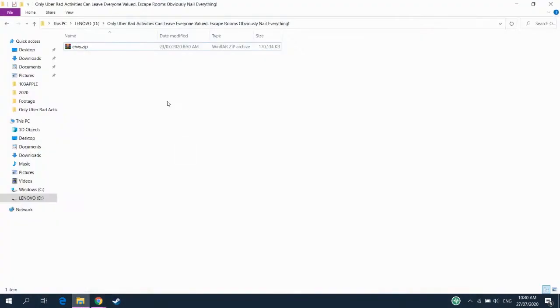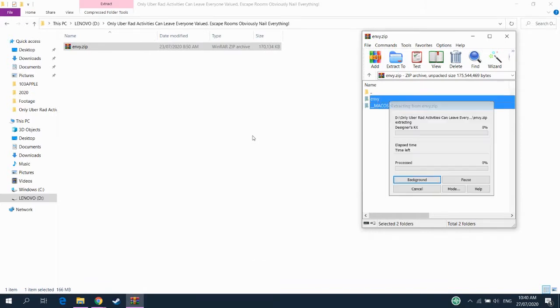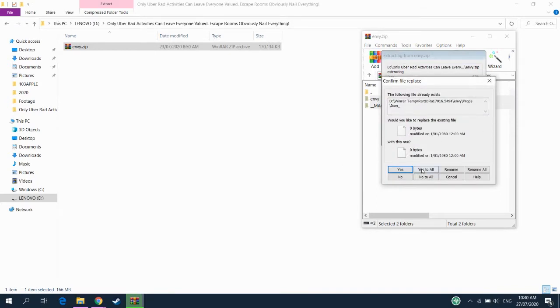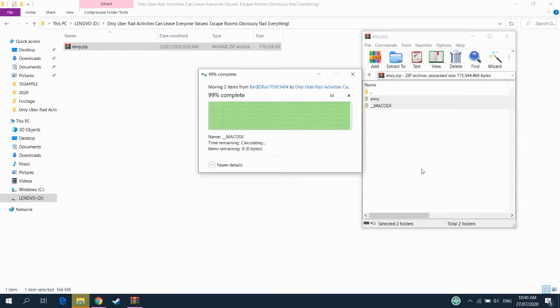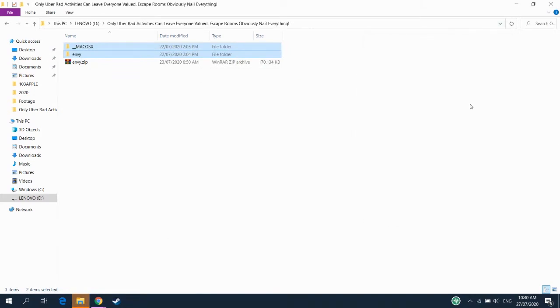So, first of all, you will want to open the zip file and extract it from the zip. You select everything and drag it out. If you get this message, just say yes to all and it'll extract out, no problem. Okay, so once that's extracted, the first thing you need to do is go into the Designer's Kit,